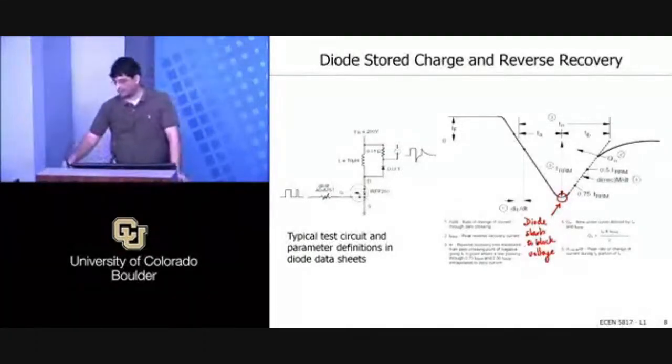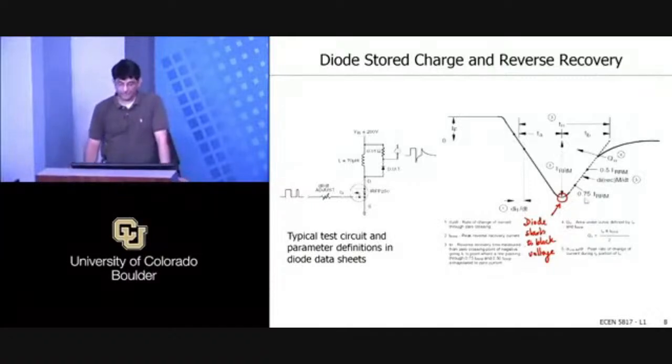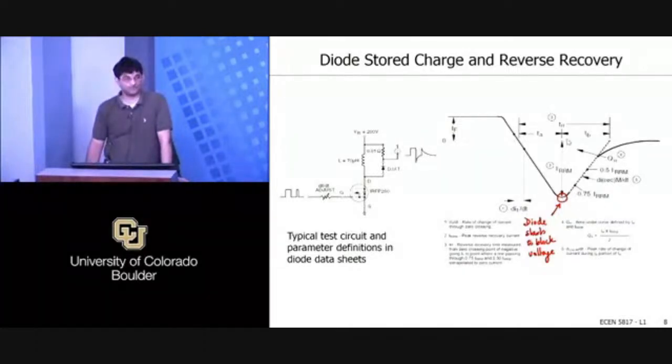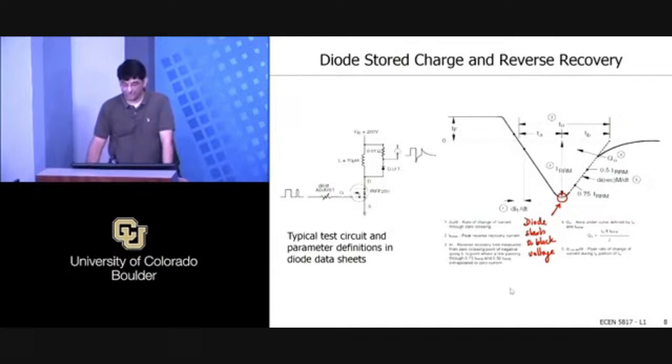Right? Basically now it starts to recover, and then the current will sort of decline. In the case of the snappy diode, essentially the current goes up to here and then just snaps down to 0, right? And the voltage essentially just snaps straight up. In this case, the current profile will look more like this, and for the homework problem, you'll just approximate it as a triangle, right? So you'll basically assume that this is a straight line down, and then this is a straight line there, okay? So by definition, a snappy diode